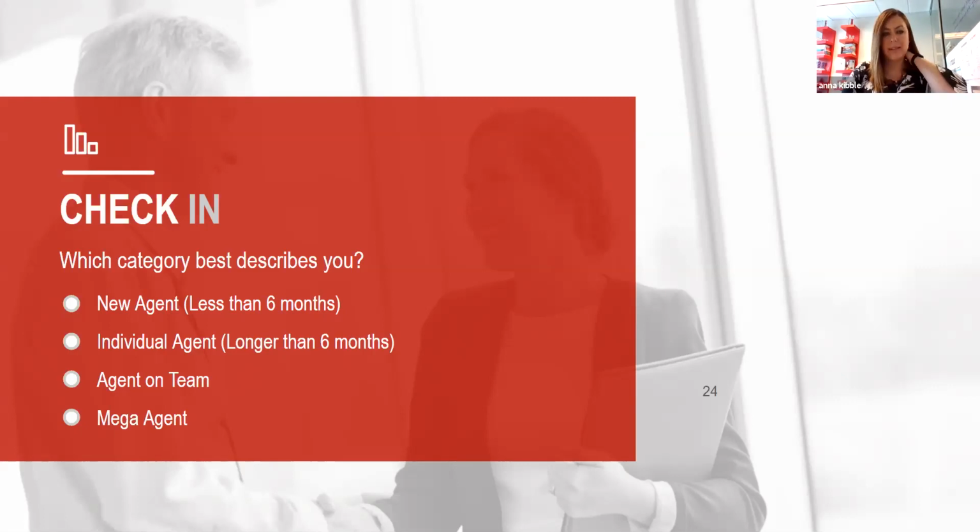Newbie. Laura says she thinks she's got a lot of work to do. Hold that thought, okay? Because we're going to talk about some things in a second here that I think are going to be really interesting. Under 6 months, Jacqueline, I love it. Individual agent, soon building a team for Angela. Longer than 6 months, Vicki. Awesome, guys.